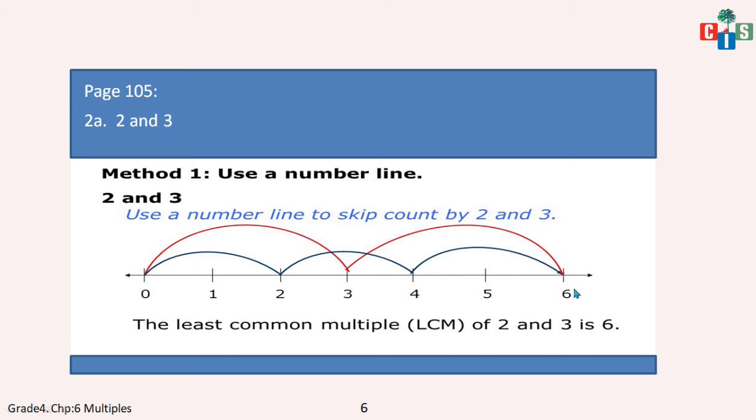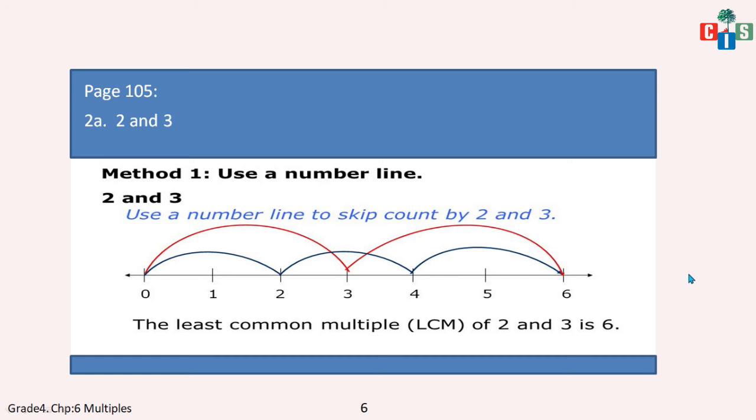Now for seeing the common multiple, see where the blue line and the red line are intersecting or joining. Where they join, that will be common. Yes, so I can say that at 0, yes, and at 1 no, 2 no, 3 no, 4 no, 5 no, at 6. Yes, 6 is the number wherein the frog jumps commonly. The red line and the blue line are meeting at 6. Yes. So I can say that, least you don't have to write, you have to write the common multiple of 2 and 3 is 6.